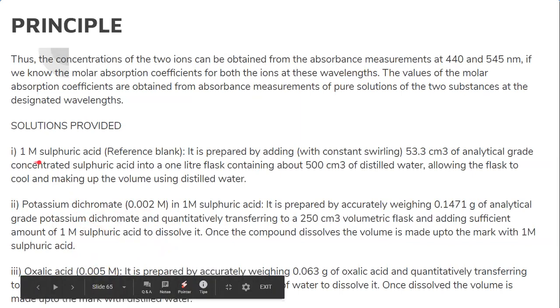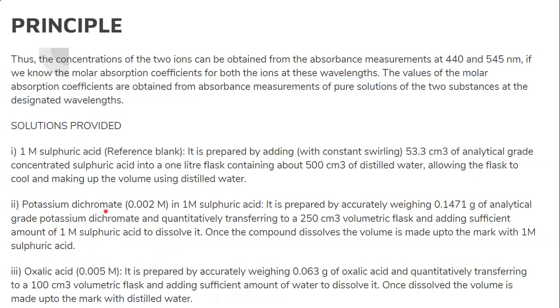And what is the use of sulfuric acid? Generally, we are executing this experiment in acidic medium. Why? Because the Mn plus 3 and Cr plus 2 ions have to be converted into Mn plus 7 and Cr plus 6. Those should be oxidized with potassium periodate as well as potassium persulfate.